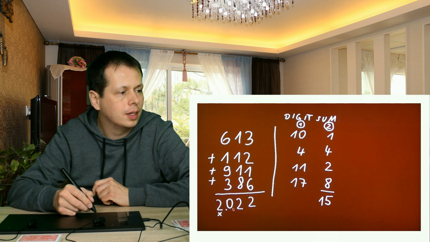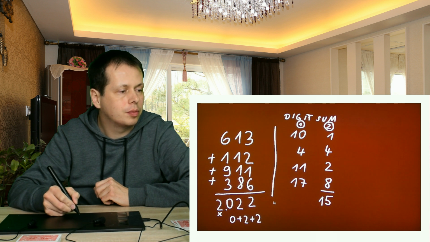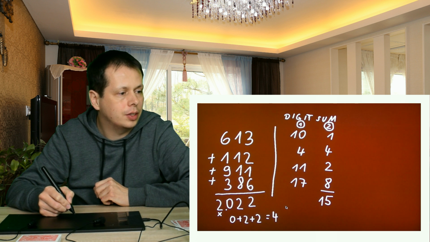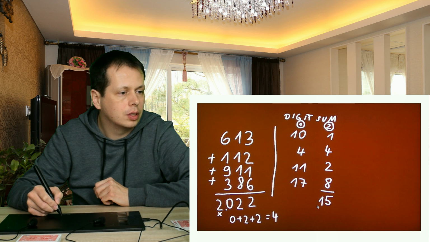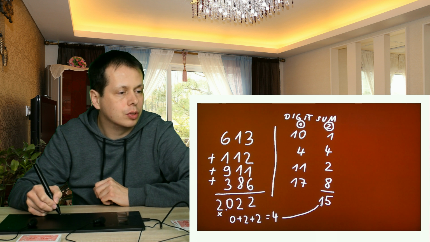So in this case 0, 2 and 2, and you have to sum this. The sum in this case is 4, and now you have to subtract the 4 from the 15,